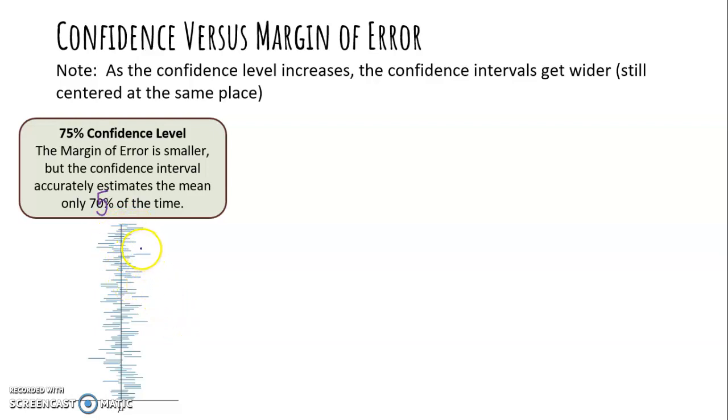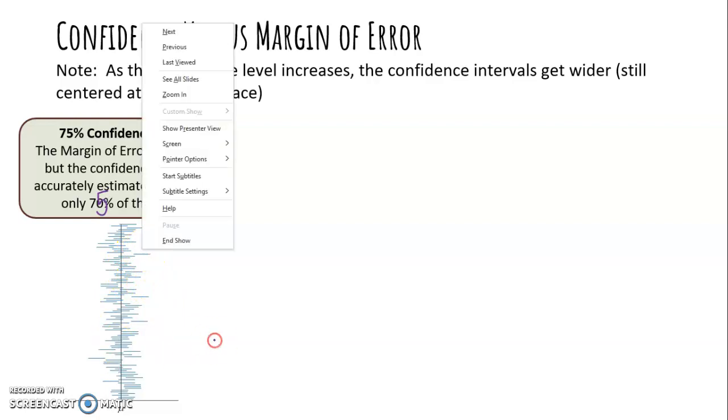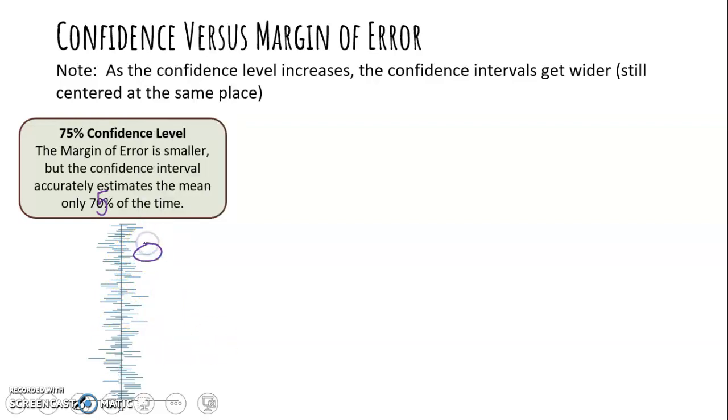But if you look out here, you have all these like this right here. So what's going on is the true mean is right here in the center. There's the true mean. So if the line crosses the mean, that's the confidence interval crossing the mean. That means it has correctly estimated that the mean is within those boundaries. But you can see there's so many where that's not the case. So 75% of the time you will correctly guess it, but that means 25% of the time you will be